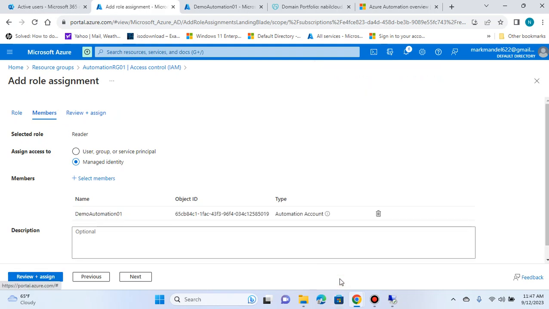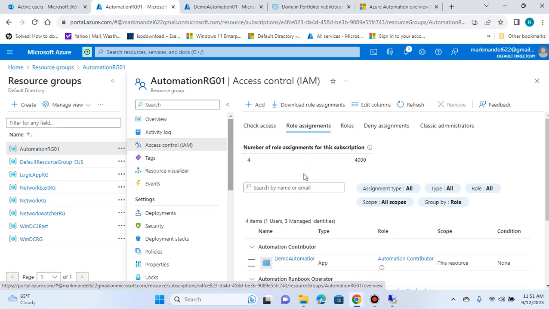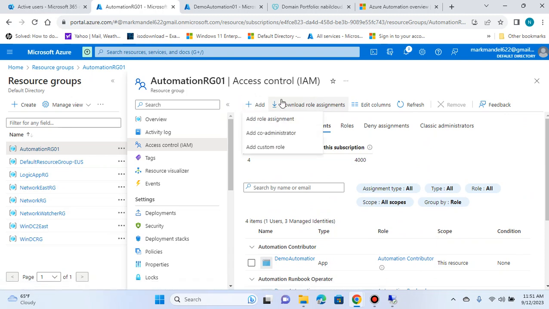I'm not going to have a port for now. Going to go to next and review and assign to the readers, which is good. So after giving the reader and other assignments in here, which I did as I showed you, for right now